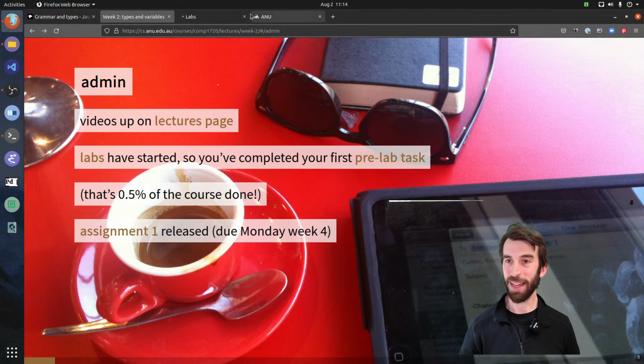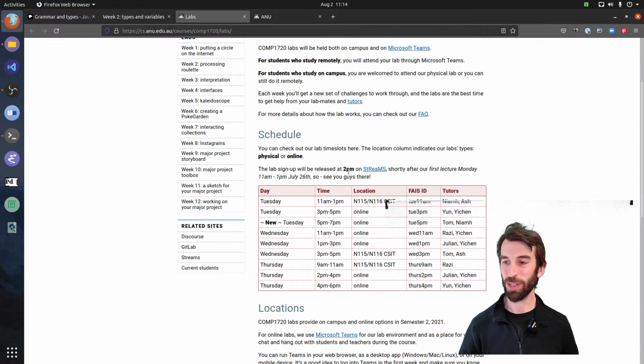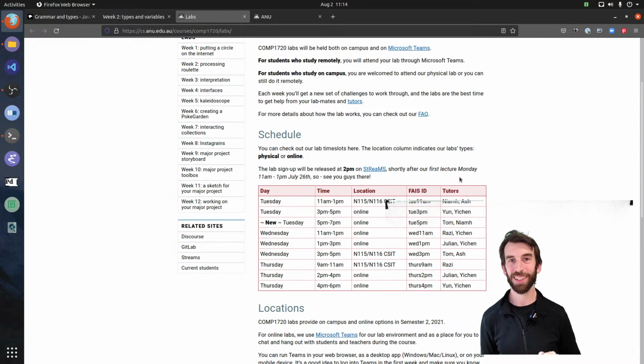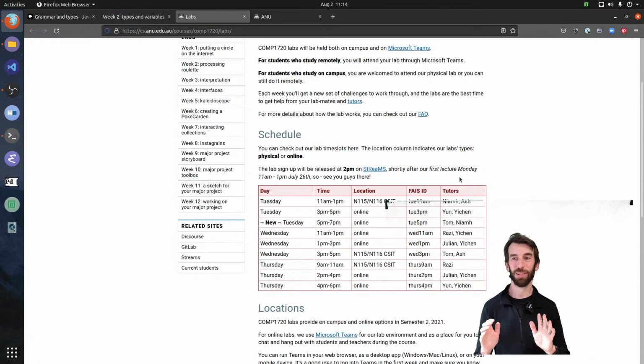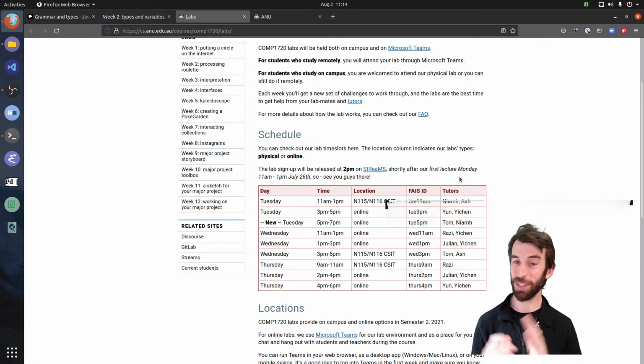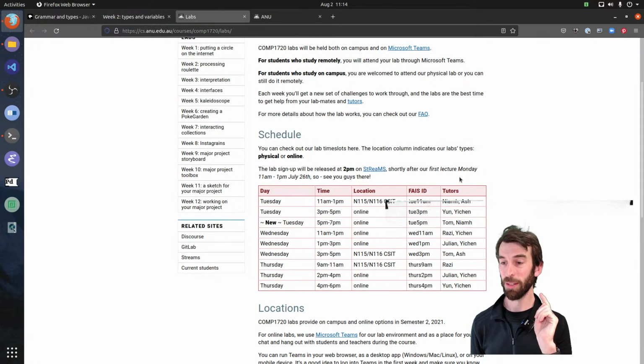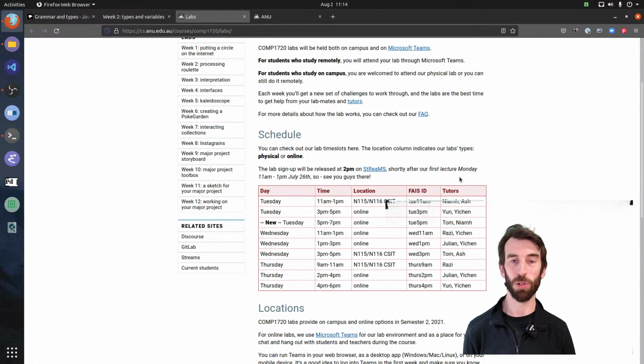So go onto the labs page, make sure you know which lab group you're in, make sure you attend your lab this week. If you don't have a lab group, make sure you join one on Streams. And I know we're absolutely at capacity this semester. We've had huge interest in students joining us, which is fantastic. But that means that we're running very low on lab places, and I know there are a few folks who can't find one that they need. For those few people who we haven't accommodated yet, please get in touch with me on the course forum following